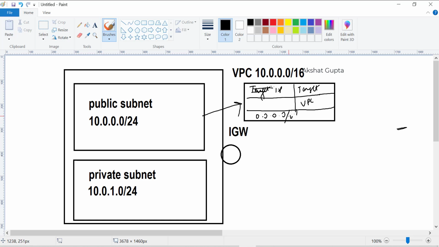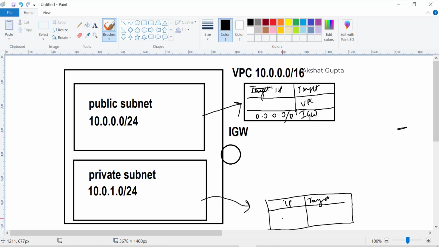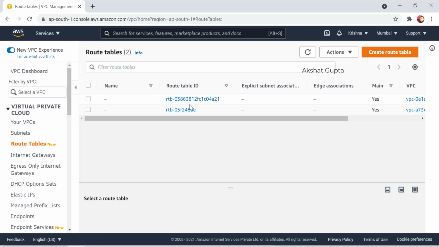Here the target would be the internet, and when we create the private subnet, the route table would be basically the IP and the target, and here the target would be again your VPC and the IP address of your VPC. That's it. We create a routing table and give it instructions on how to divide whatever traffic is coming. Here we are not giving any internet connectivity, so it would be no internet, and in the other case there would be internet, because we want to give internet connectivity. Okay, fine.